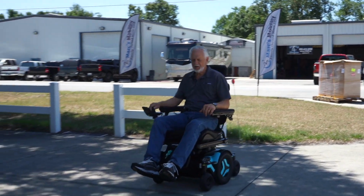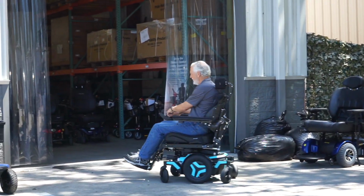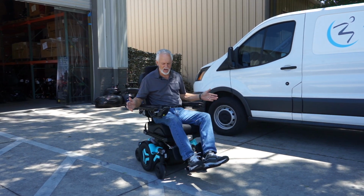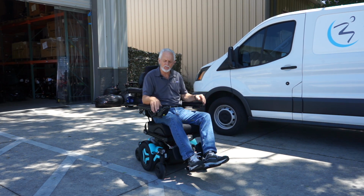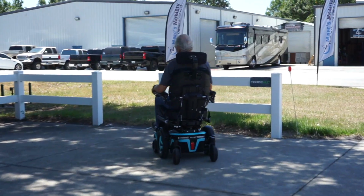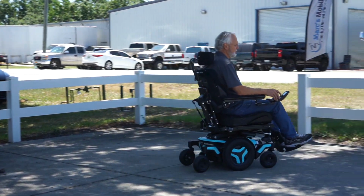So this is the teal green M3 Permobil. Top speed that I've seen on the reader is 6.3 miles an hour. 6.3 miles an hour, and when you stop, it stops within a couple feet because it has electromagnetic brakes in the motors. When you ride one of these, you'll be able to tell the difference between a heavy chair and what kind of